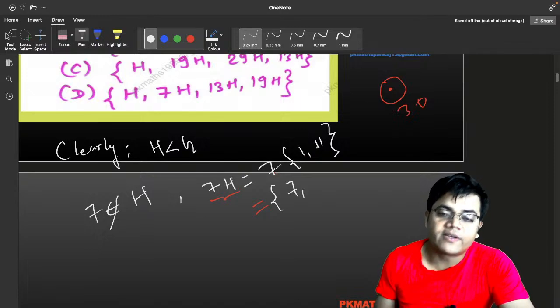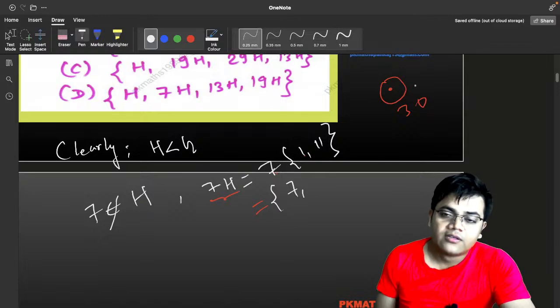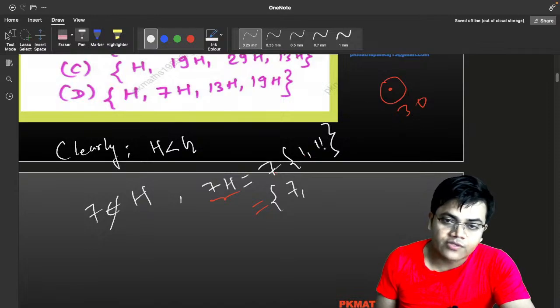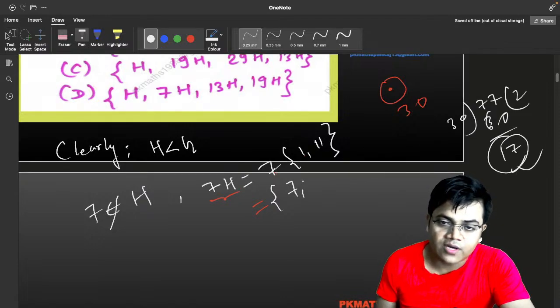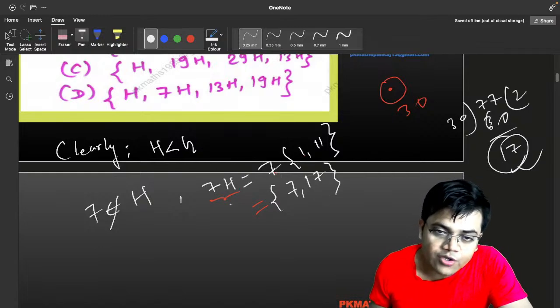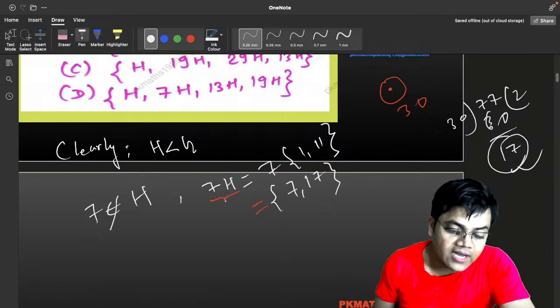and 11 into 7 is 77, and if you divide that by 30, what will be there? Because 77 is there, and you have to divide with 30, and then you can see 17 as the remainder. So another element will be 17. So you have generated your first left quotient with the help of this one.